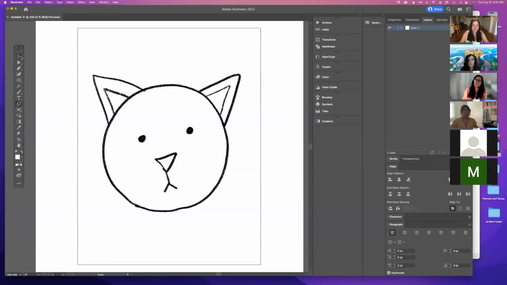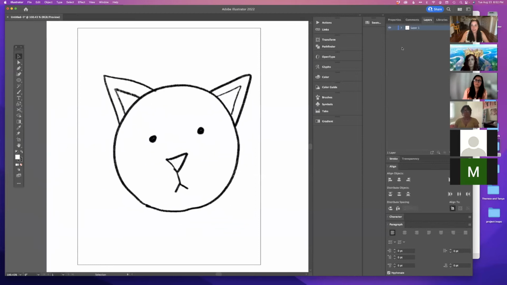The first thing I'm going to do is move this JPEG. You can see it's on what's called layer 1, and you can double click and rename these. I'm just going to rename it sketch, for clarity, so that you can see. To be perfectly honest, normally when I'm working, I'm a messy designer. I don't name my layers. I don't worry about it. I know what I'm doing, and I don't anticipate anyone else having to come in and look at my files and say, oh, she just has layer 1 through 20 here, and it's really messy.